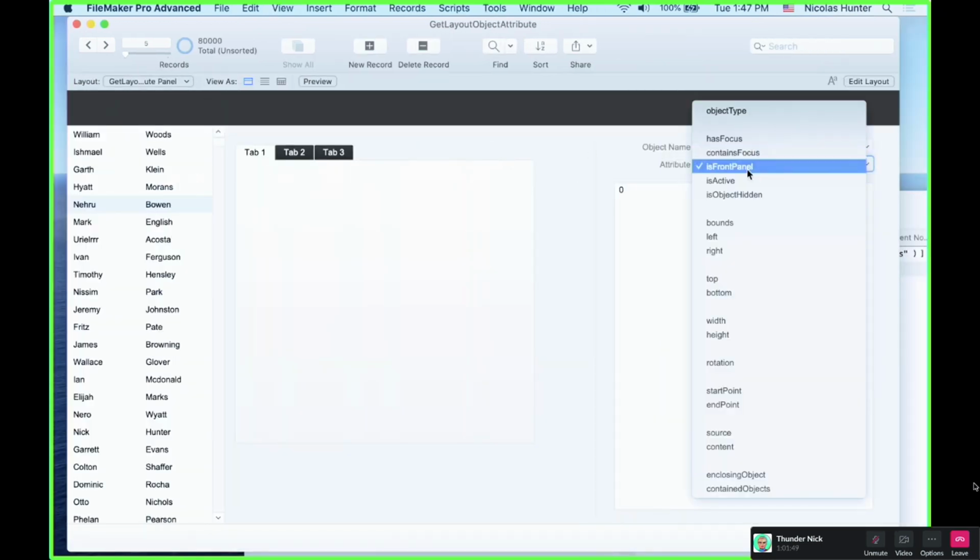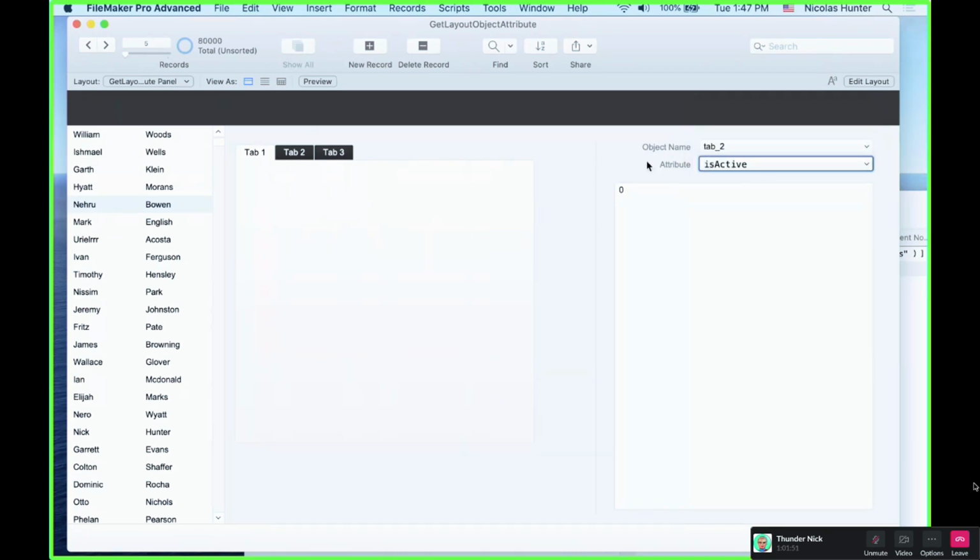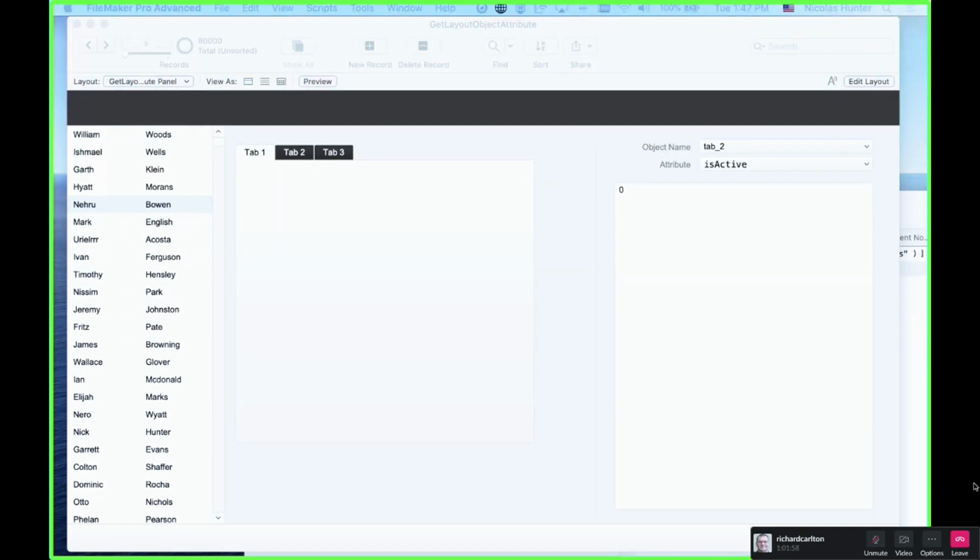So let's continue with the is active. Hey, did we answer David's question? David said, "Can you use GetLayoutObjectAttribute inside of conditional formatting?" Of course. Look,